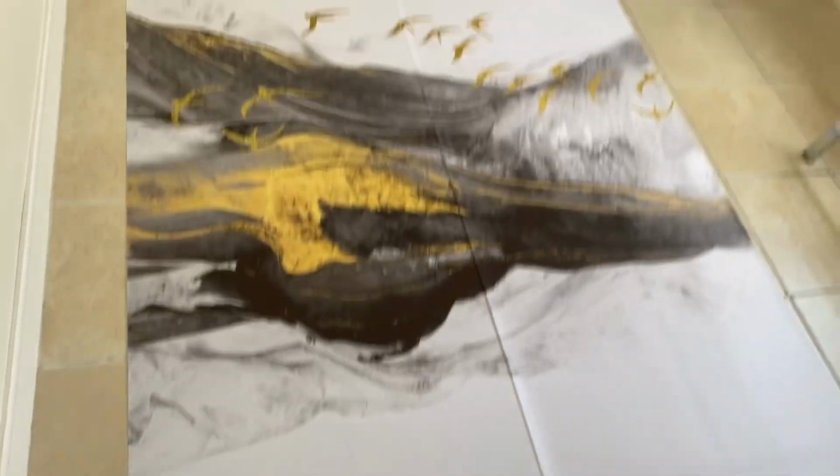So, now, in an ideal world, a mural will come with a picture of the mural on the side of the tube from which the mural is packaged. Not always the case. So we have to go to the homeowner's image so that we can make sure that we know what we're dealing with here. So anyway, this was found on Etsy, and it's by Home Decor, and it's a